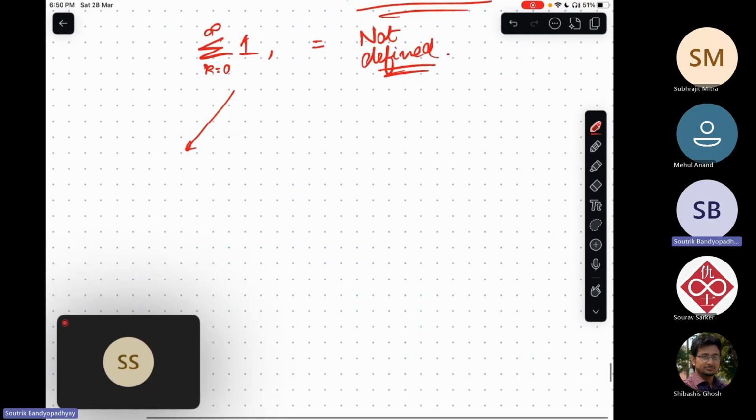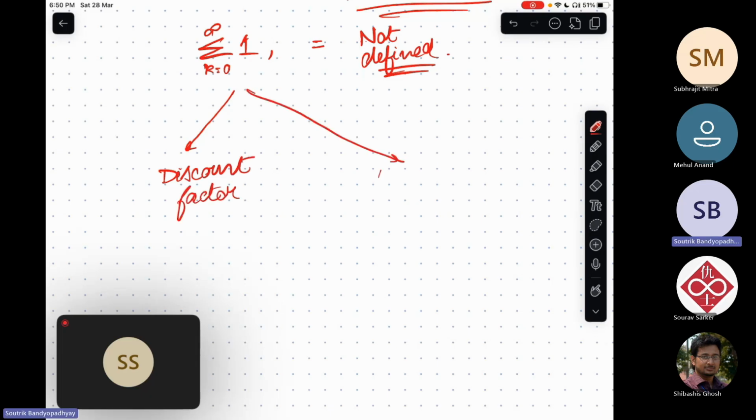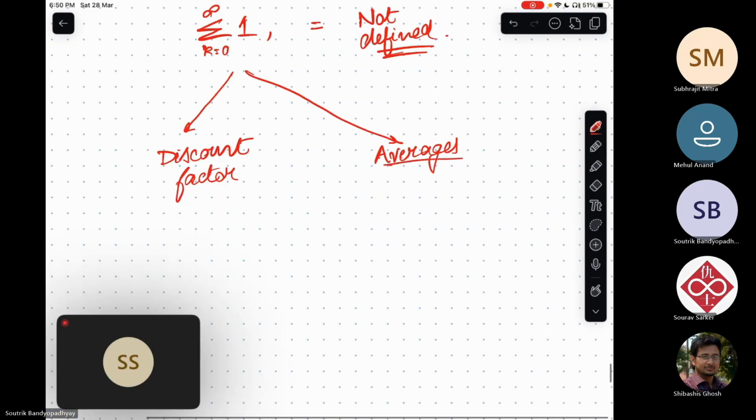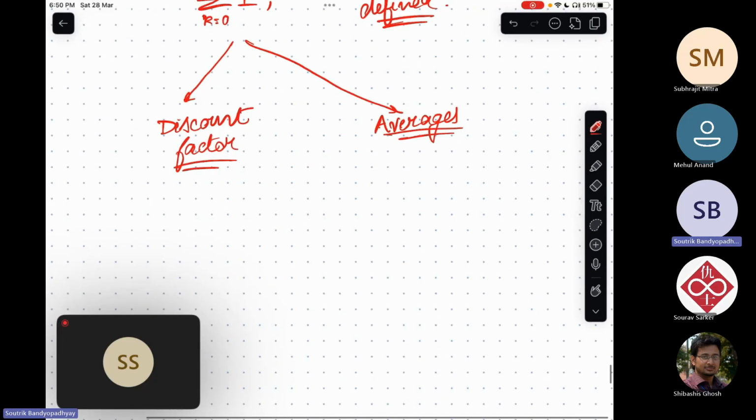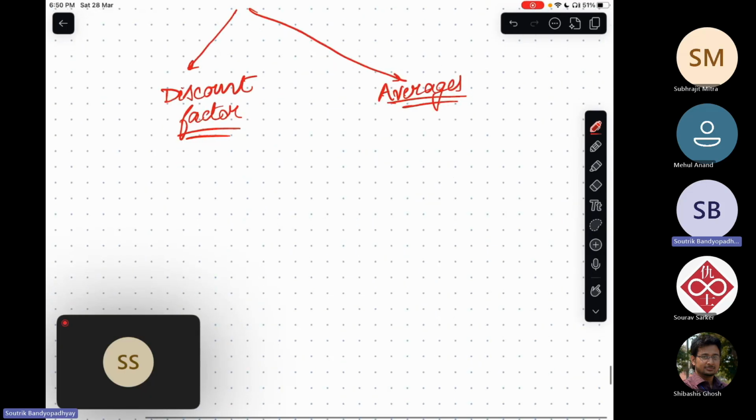So there are two possible ways to handle this situation. You can either have a discount factor, or you can take averages. Now there are big books written about both of these. If you were to figure out the genesis of these two, I would recommend the book by